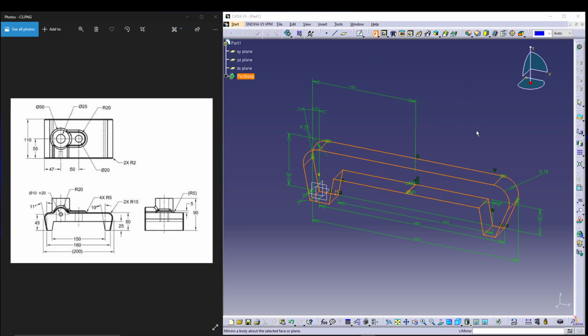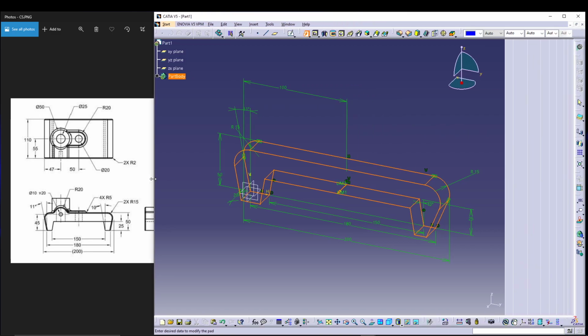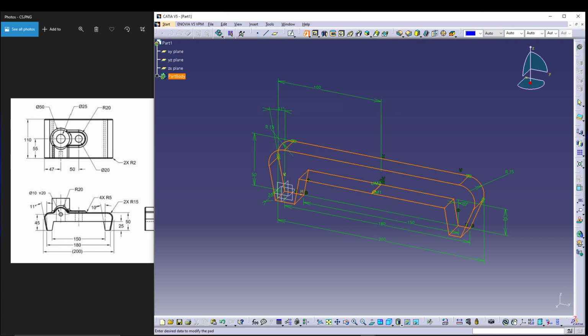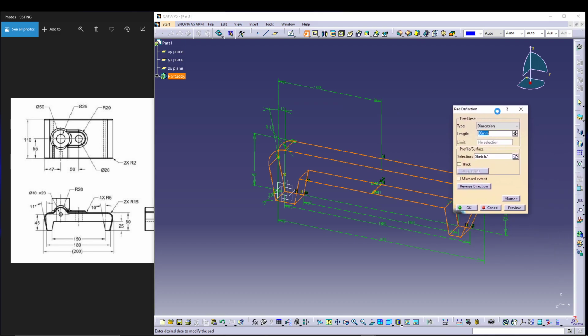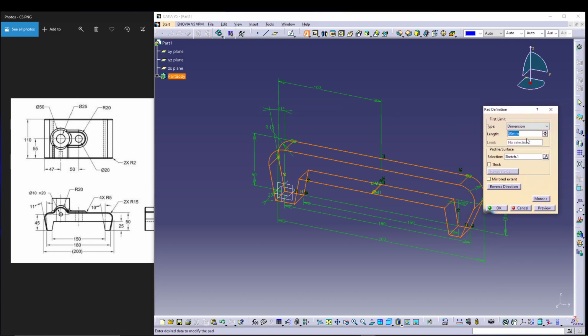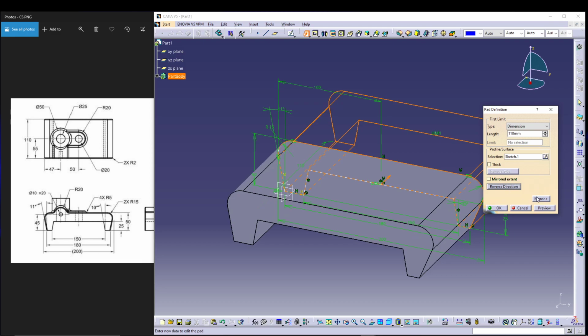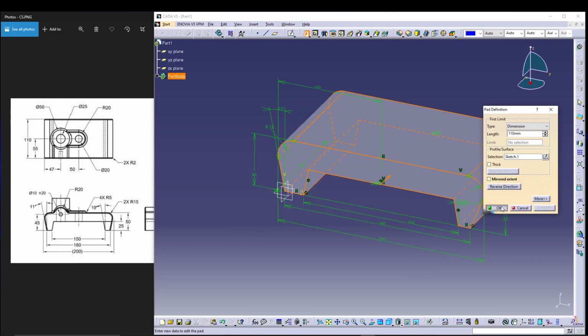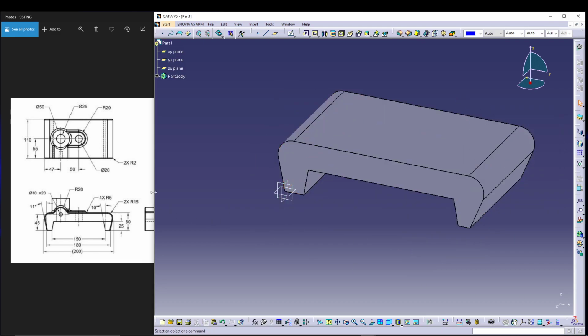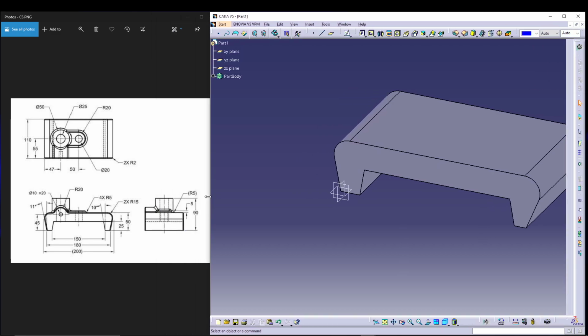and the dimension, why is it not coming? Okay, so dimension should be 110. You can preview it. You can go for reverse direction. Okay, that's it. Right,